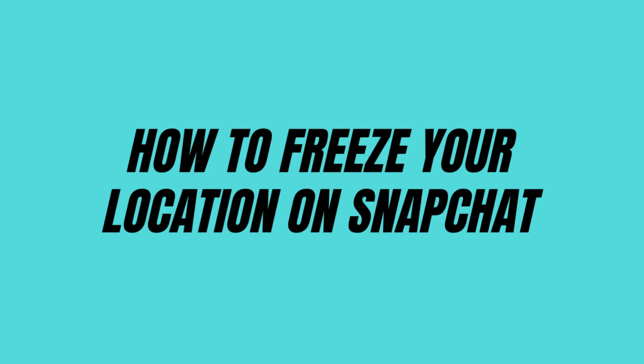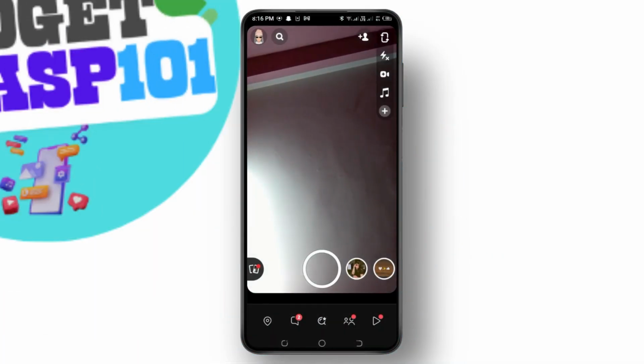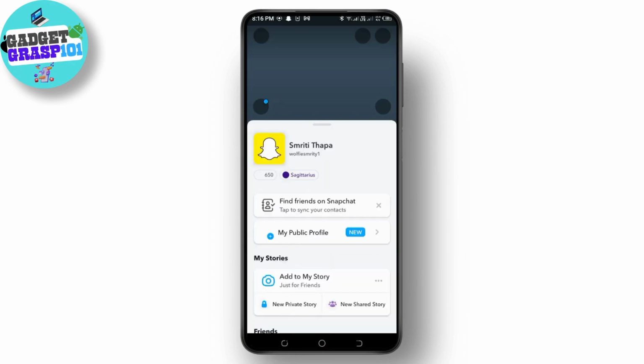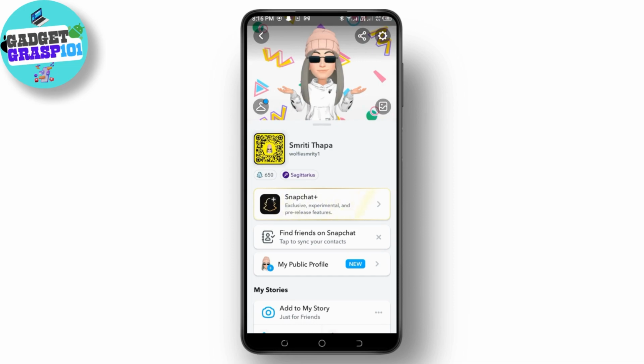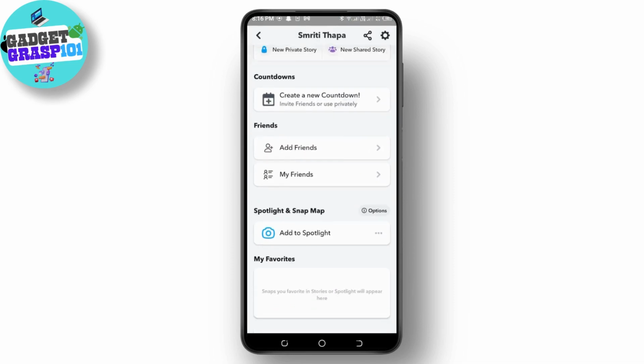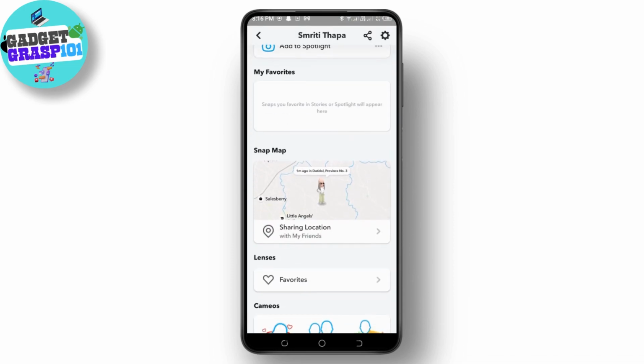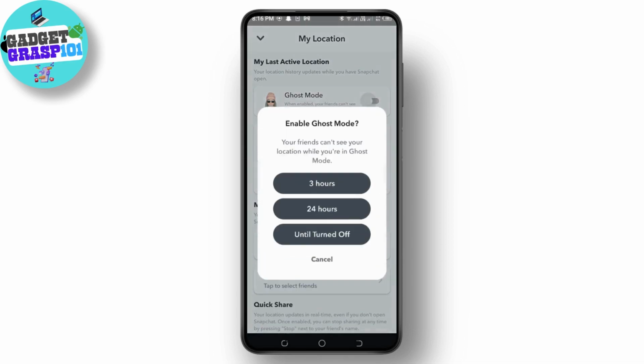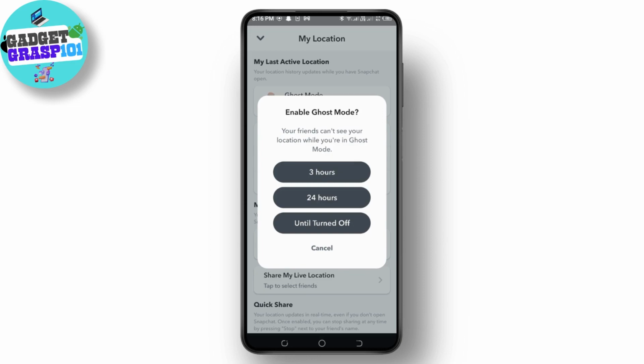First, open the Snapchat app on your mobile device. After that, tap on your profile icon in the top left corner to go to your profile. Right over here, when you reach your profile, scroll a bit down and we can see the Snap Map. Tap on the settings icon and simply toggle on the option that says Ghost Mode and select for the